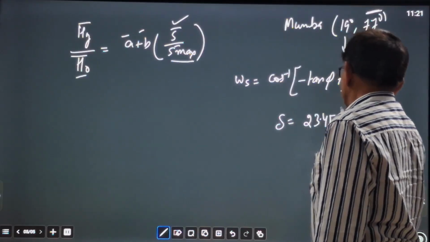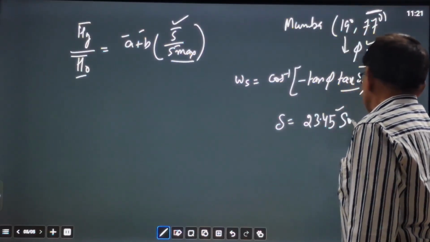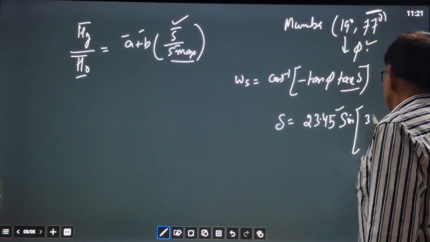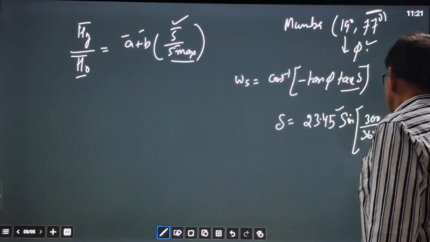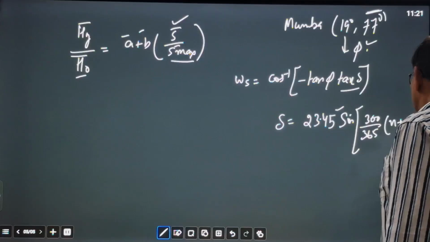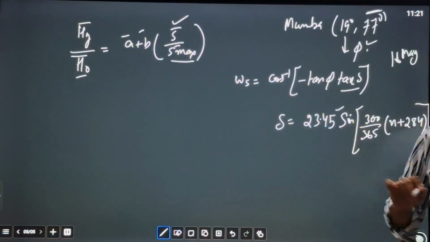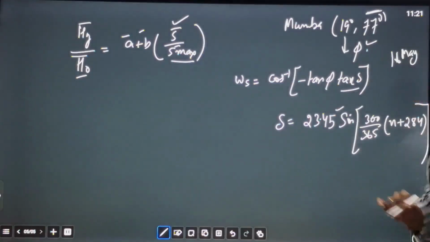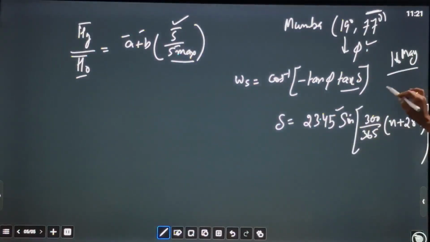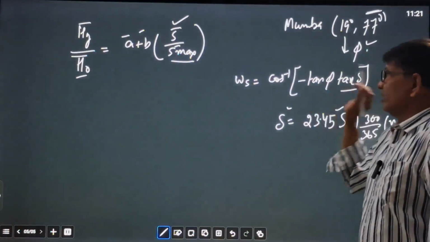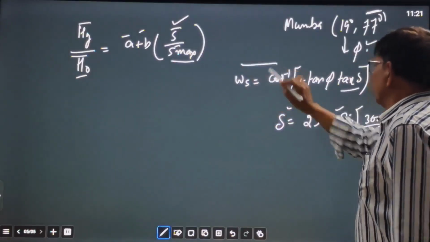delta equal to 23.45 sine of 360 upon 365 times (n plus 284). This equation you have to remember. And we have already calculated, for example, the day of May. 15th May is the representative day of the whole month's average, so for 16th May, n will be equal to 136. By putting this value you can find out delta, and once we get delta we can find out omega s